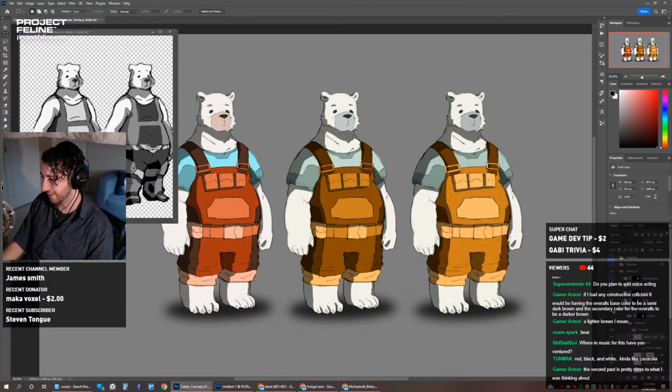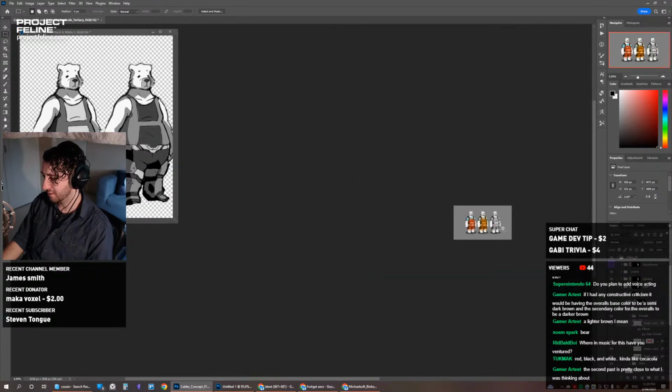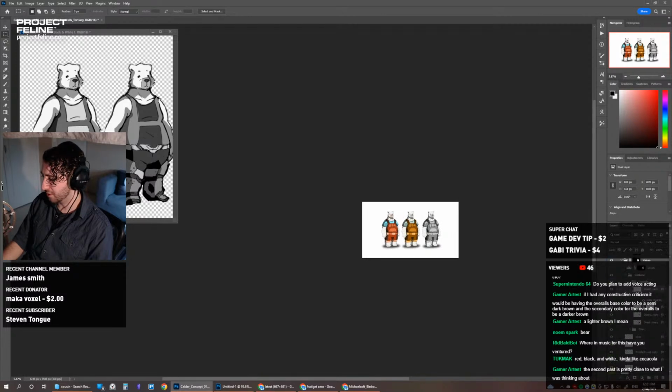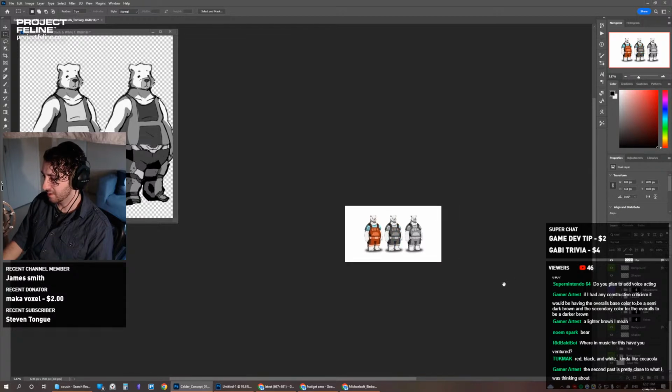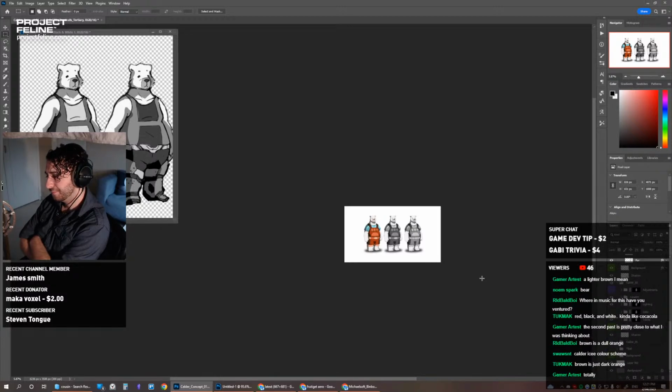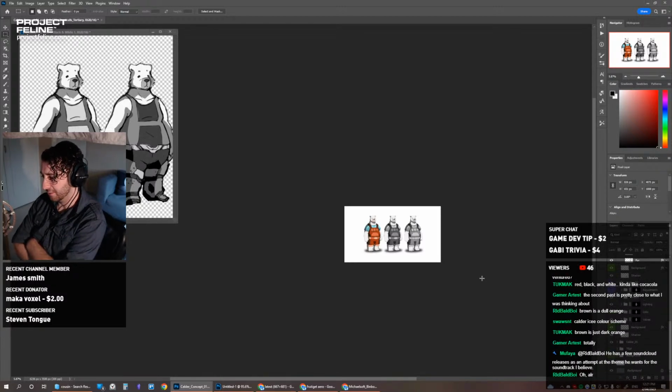If I zoom out, where's the color layer? There we go. If I zoom out, it's a bit harder to see. I think it's just because the background is the same color, but if I make it white, it's not so bad. But if I do the other one in black and white, which one is easier? It's just the whole body is a bit brighter. That's the only difference. We might need to do some fine tuning with that.